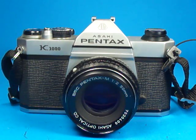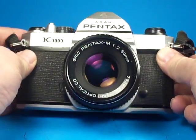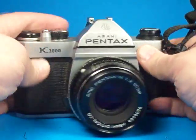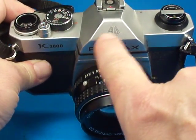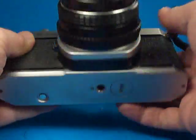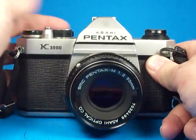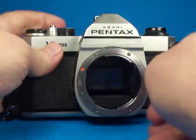We are going to run an inspection on this Pentax K1000 35mm SLR camera before listing it for sale. Here we're going to look it over and check out the condition. This is one of the earlier ones that has the Asahi logo up here on the pentaprism housing and the Asahi name, and metal top and metal bottom. Later versions of these, some of them had those parts replaced with plastic, so it's nice to see an original one here. What I'm going to do is take the lens off for a moment, and we'll step down through